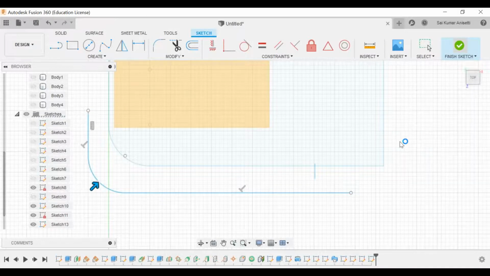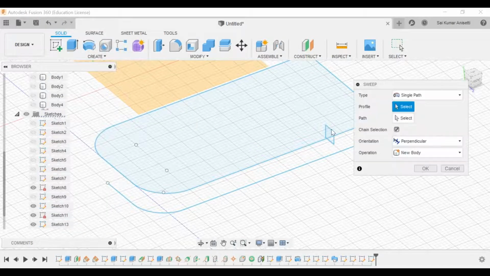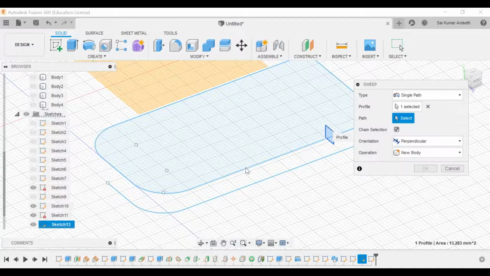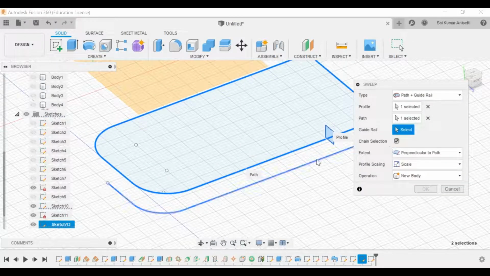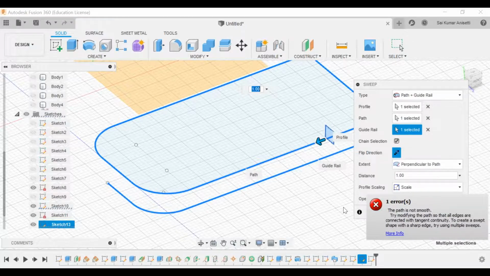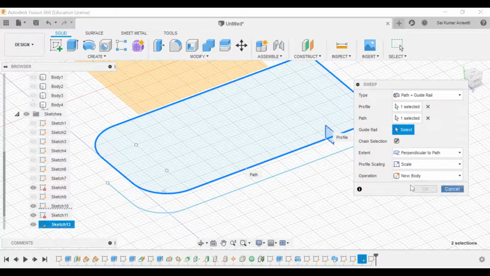Okay, my sketch. So over here, go to create, sweep, profile. Path will be this. Guide rails. Select guide rails. Okay, fine. It's showing smooth, but it is not smooth actually. So I have to change my dimension.